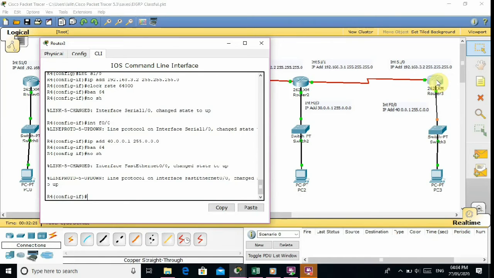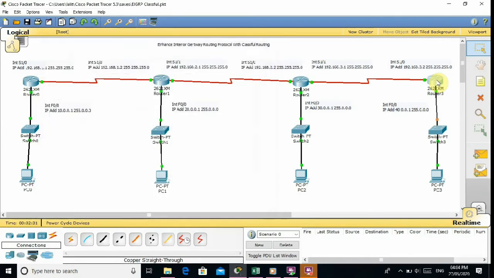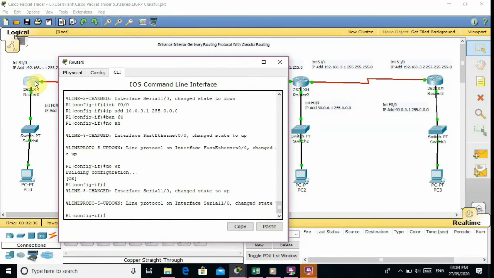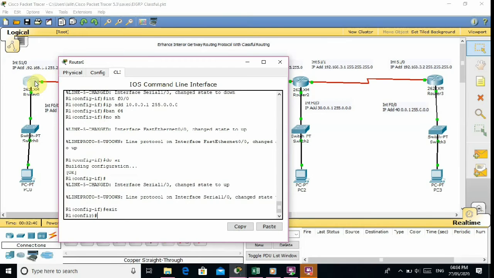Now I will configure the actual protocol, Enhanced Interior Gateway Routing Protocol. Now I will go on router first and I will start from there. This is the configuration terminal mode. Now I am typing router EIGRP 1.